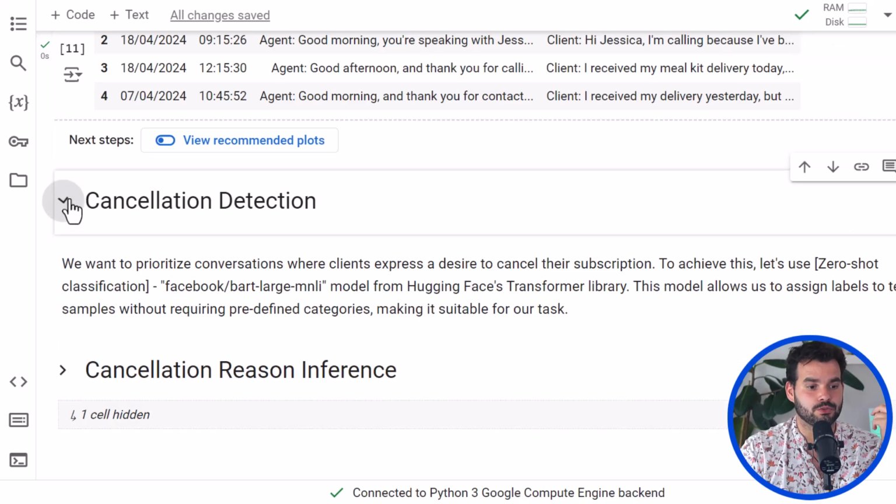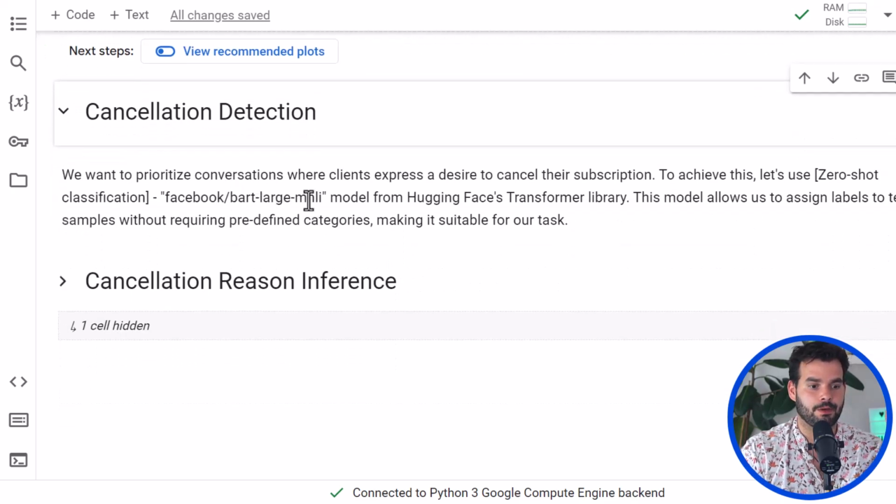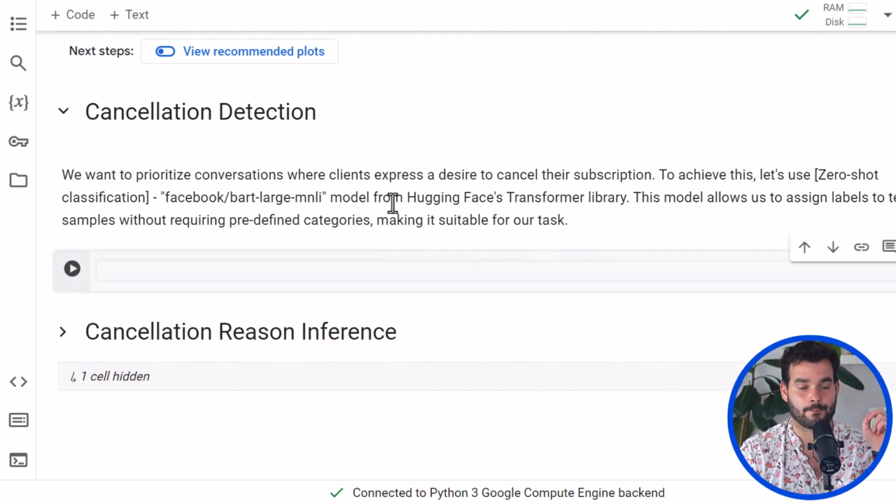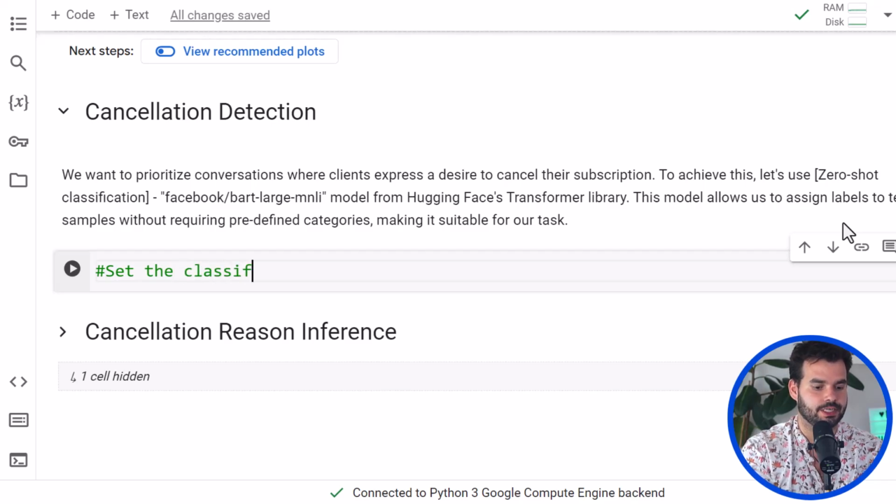Now, let's move on to cancellation detection. And the goal here is to find out from the conversation if someone canceled or not. So let's get started. We are going to use this BART model. This one has really been tailored towards this zero-shot classification that we are going to do. So let's get started. Here, I'm going to set the classification